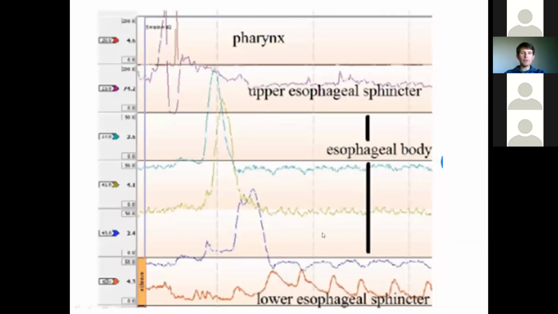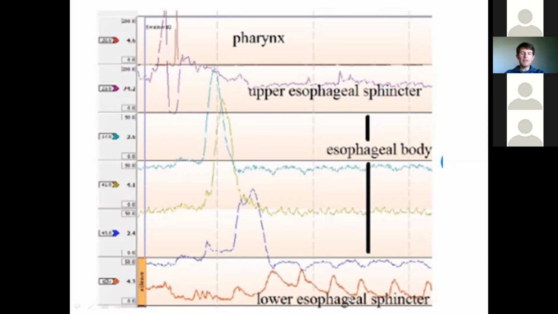Prior to high-resolution manometry, we used to read, and it was actually before I started reading them, but they were read with this sort of older-fashioned pressure wave reading. There were fewer pressure sensors along the catheters, but you can see that it's a similar pattern. So an upward deflection in pressure in the pharynx, relaxation of the upper esophageal sphincter, followed by a series of positive pressure waves through the esophageal body. And then you get this compensatory lowering in the lower esophageal pressure during the swallow to allow for the fluid